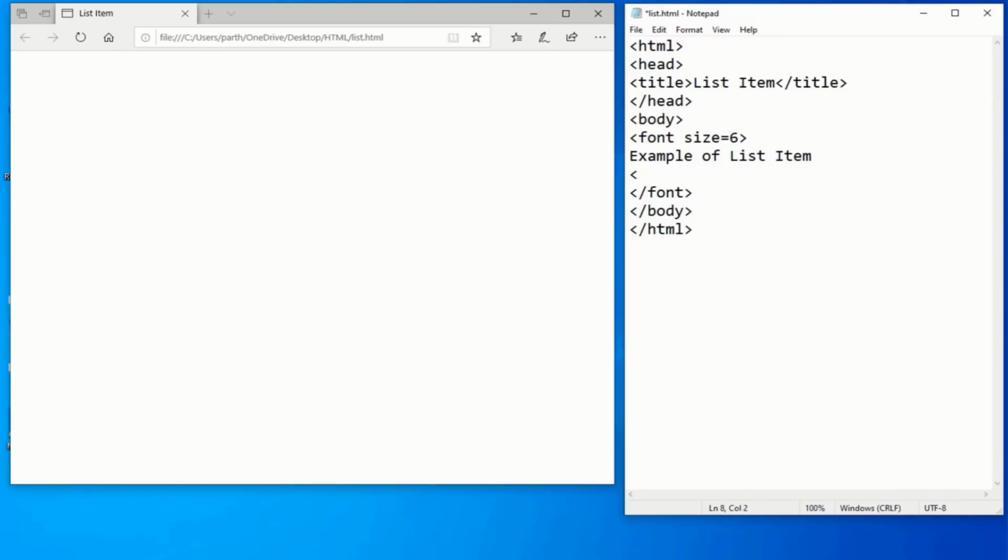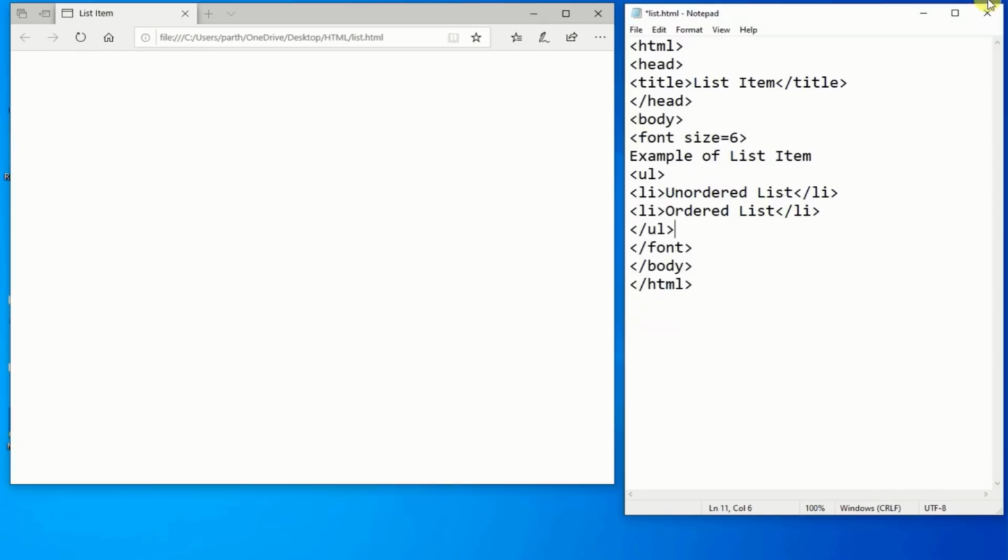After that, we start our unordered list by declaring ul tag. And as it was told in the previous lesson, for declaring list item, li element we have to use. So we declare li element and within this element we passed the text unordered list. And for another list item, we again declare li and passed order list as list item and close the li tag. And lastly, close the ul tag.